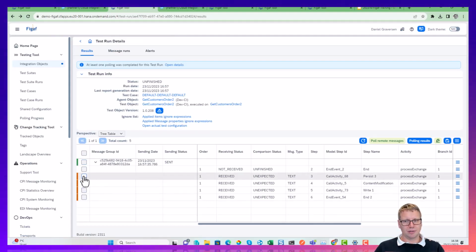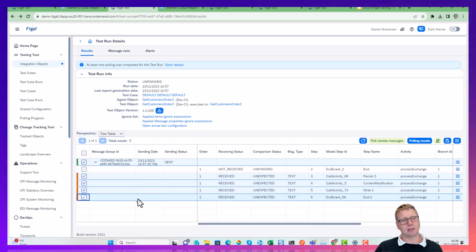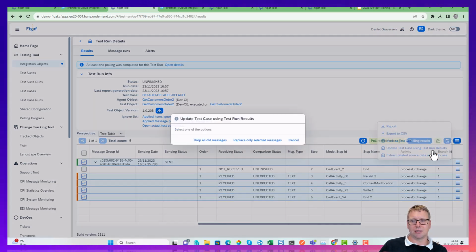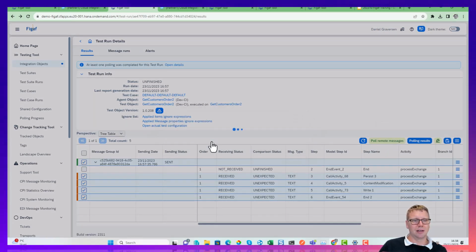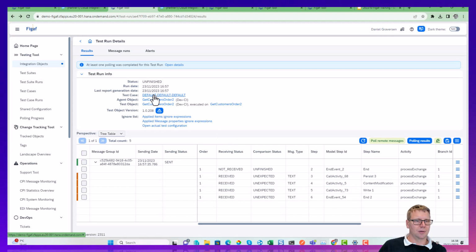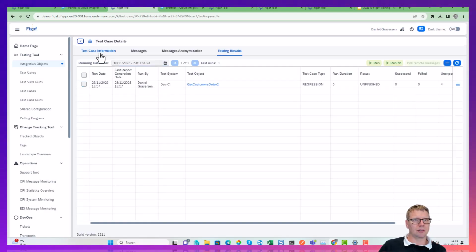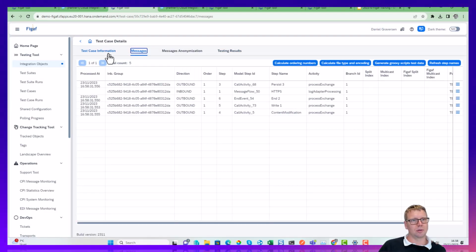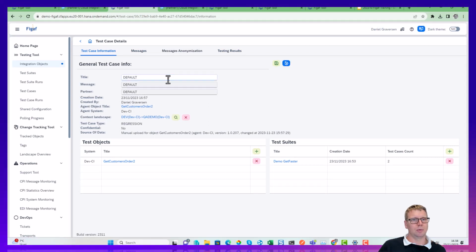What we can see here is that we actually then created a new flow with expected messages, and we can then go in and say, hey, let's update that and create that as a new test case. So now we have created a new test case. Let's just go here to the message or the test case information. Here we can say